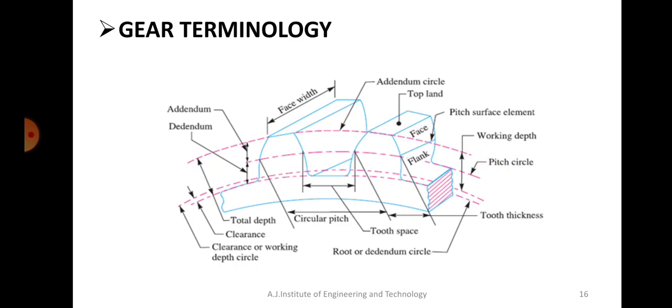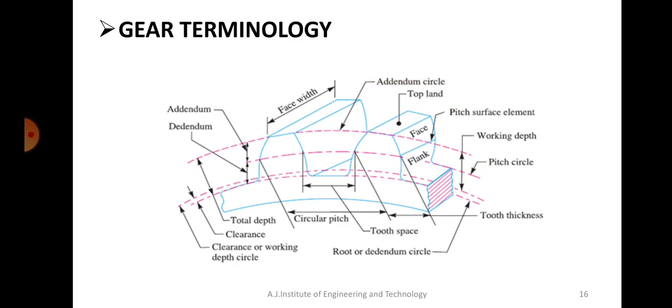So this particular circle, which is passing through the topmost point, is called an addendum circle. It's mentioned over here. If you can see, it's called addendum circle. Maybe these terms are new to you, so when I say addendum, you may not really know what it is. So the circle is called the addendum circle.